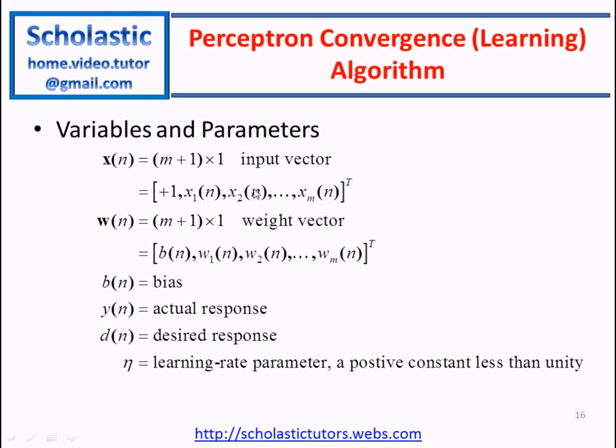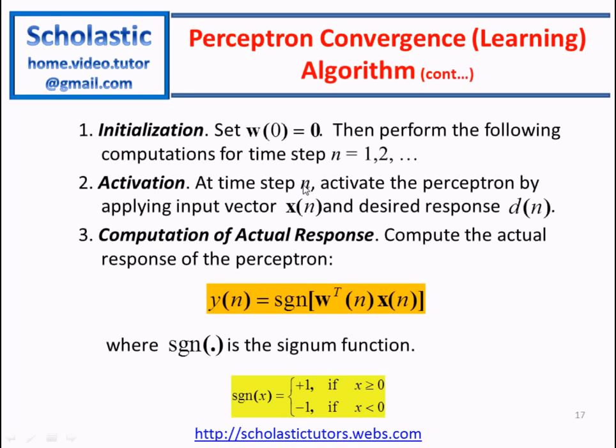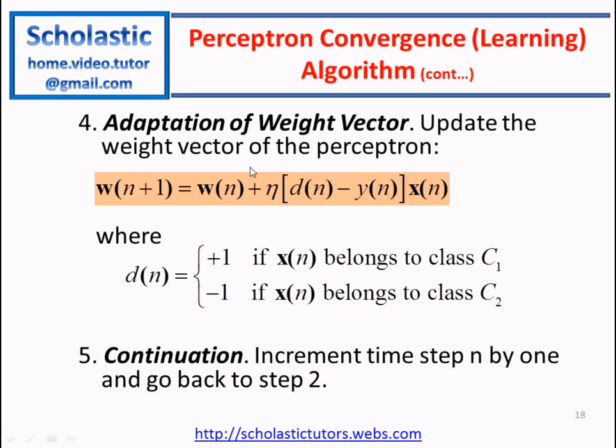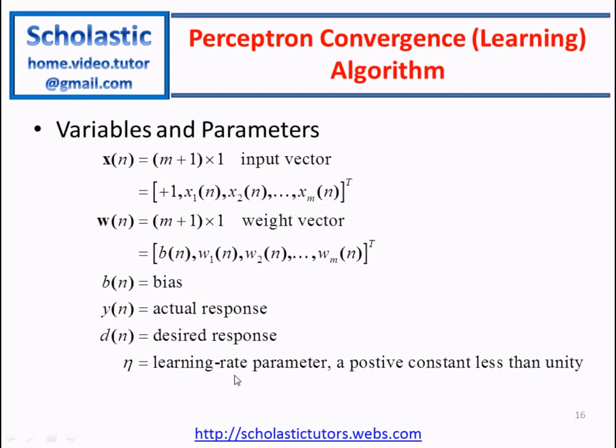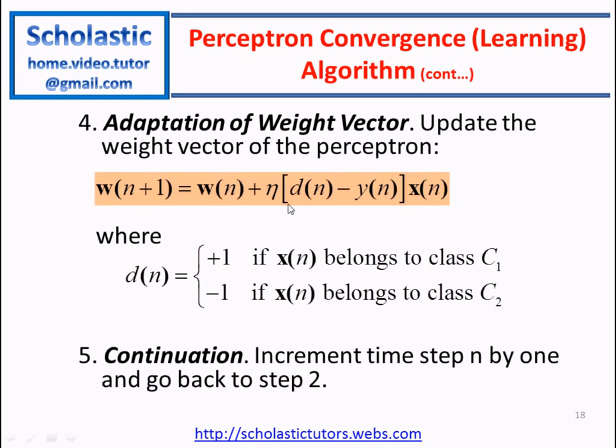That can be timestamp 1 at instant 1, and if our system is already giving the correct response, that means you don't have to retrain. But if the actual output is not equal to the desired output, we need to retrain and get a new weight vector for the second timestamp. That is why wn plus 1. So there's the training parameter there. We call it the learning rate parameter. It's a positive constant which is less than unity. If it is more than unity, it will go to infinity. So this is to